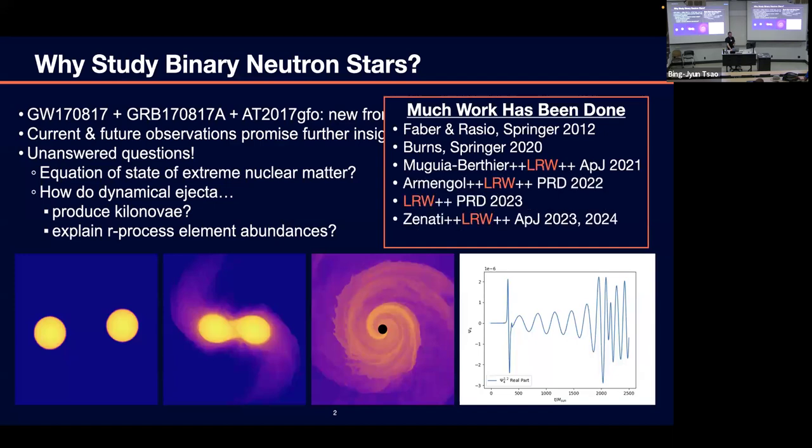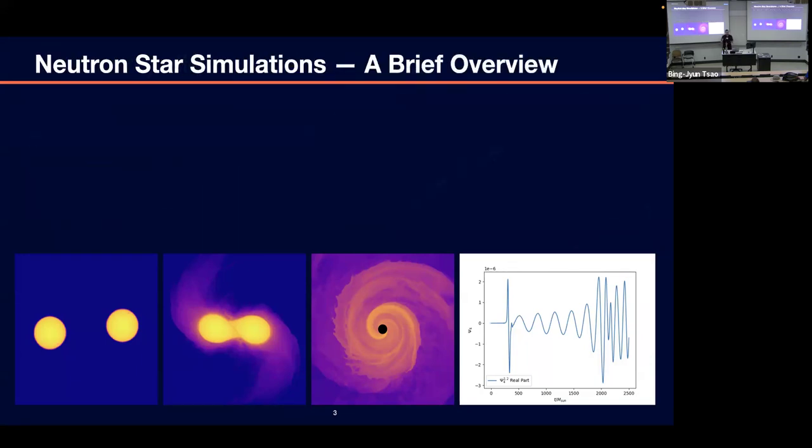And then a few of my contributions as well, and from my group, mostly on the development of new codes that allow us to do this. And one upcoming one that I didn't put there is the GRHayL publication, which we're writing right now. So I'm going to give you probably the quickest and most brief overview of how we do binary neutron star simulations, right? And the idea is we solve these equations coupled with the equations of general relativistic hydrodynamics, magnetohydrodynamics.